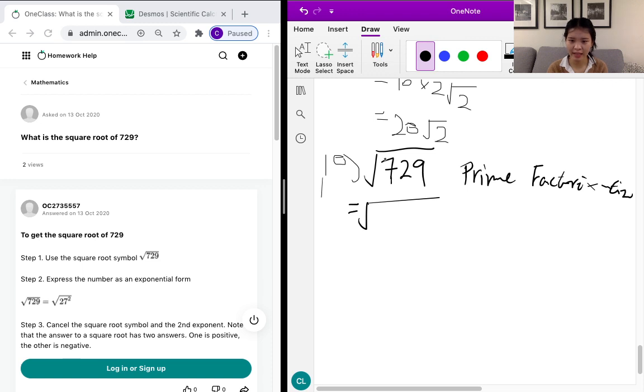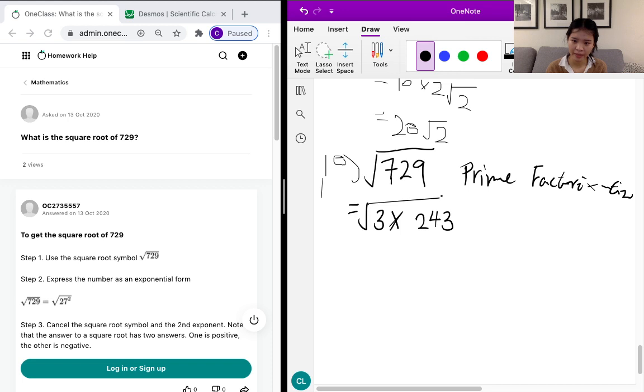So in this case, 7 plus 2 is equal to 9, and 9 plus 9 is equal to 18, and 1 plus 8 is equal to 9, and 9 is a multiple of 3. So if the sum of all its individual digits is a multiple of 3, then this number is a multiple of 3. So we know that 3 is a factor of 729, so let's do 3 times a number, which is 729. So 729 divided by 3 is equal to